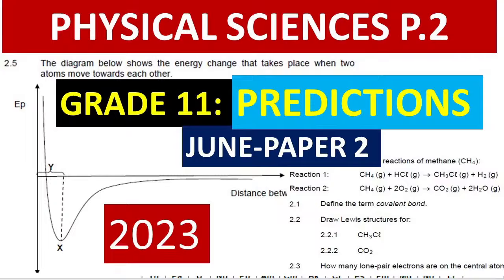You see? Did I say 9? Not 9. It has 7 because it is found in group 7. Oxygen has 6. Nitrogen has 5. And then carbon has 4. So when they say valence electrons, you must know. Why am I saying this? Because you have to apply what I'm going to show you, what you are supposed to draw when the paper comes.